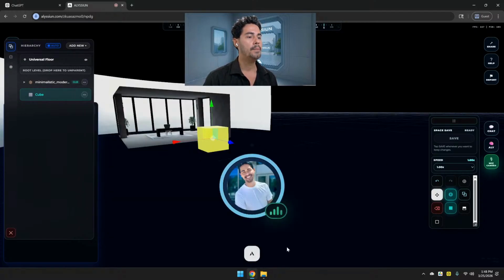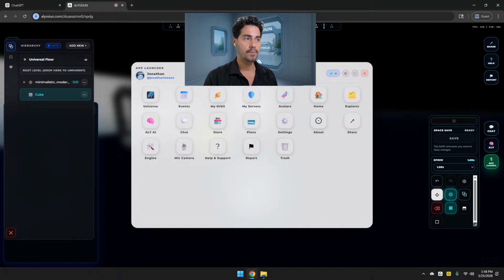Okay, I was talking about orbits. How it works, basically: in YouTube, we have a channel. Inside that channel, you upload videos. In ALYSSIUN, we're going to call it an orbit. The universe is the entire simulation, and then each user can create orbits. Your orbit is going to be like a channel where instead of uploading videos, you create spaces. This space can be your simulation, your video game, your events, your meeting rooms, or anything you want to dream to create in the simulation. And that's what it is.